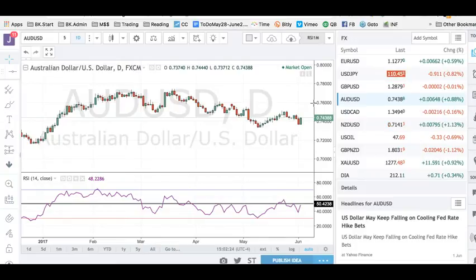Now, we have the RBA announcement. We'll have to see what they have to say. But if we have a weak GDP number that calls perhaps for more stimulus from the RBA, that certainly is going to take the Aussie for a tumble. So I'm watching this whole support area very carefully. It is a higher low, and it looks like a pretty decent support here. But if we can't hold the 73.75 support, that would suggest the Aussie could fall all the way down to the 72 handle as we go forward.